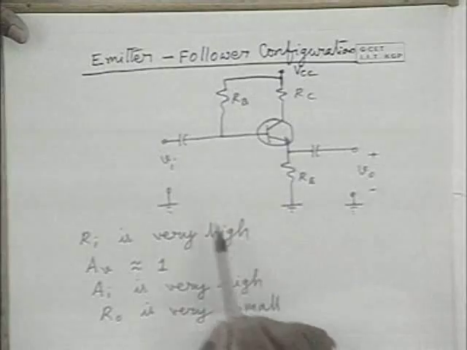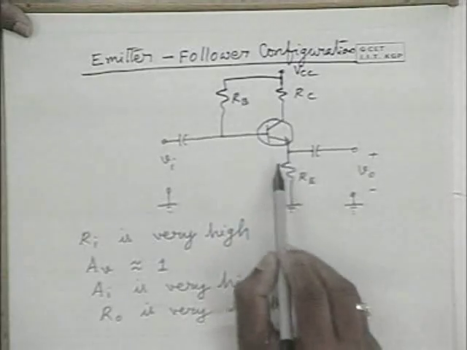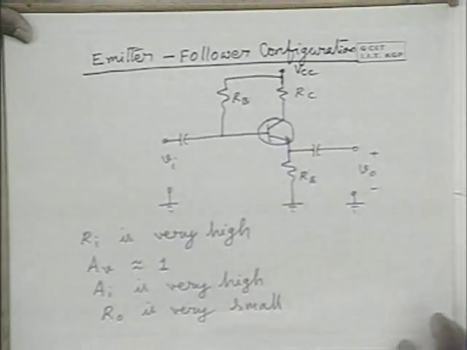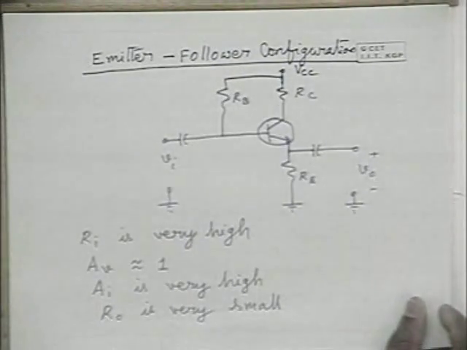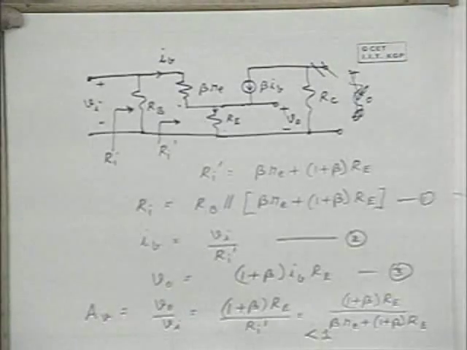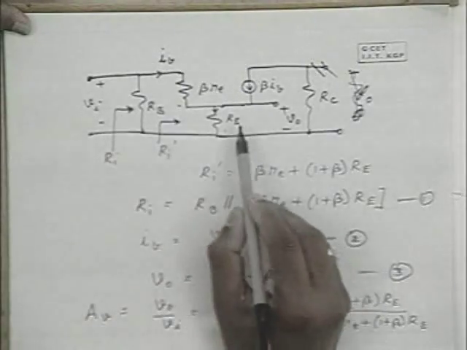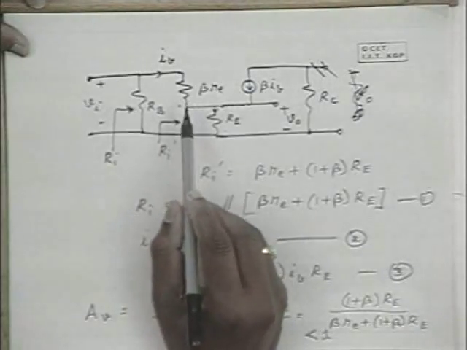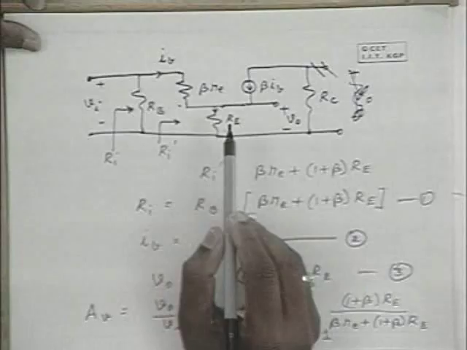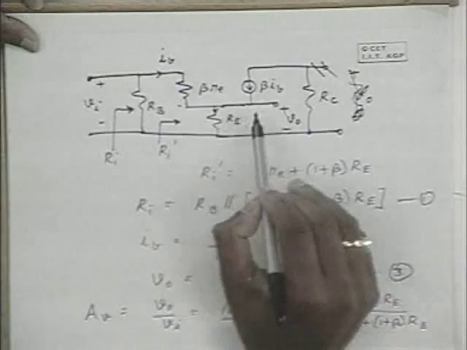Now, going back to the emitter follower configuration. So, this is the circuit we were discussing, with this kind of biasing arrangement, and the output is taken from the emitter resistance. Now, to analyze the amplifier performance, we formed the equivalent circuit and we got it in this form. So, this is the input port and this is the output port, and the input impedance Ri dash is, as we discussed in the common emitter configuration, going to be beta Re plus Re into 1 plus beta,